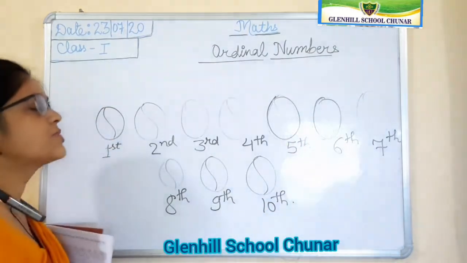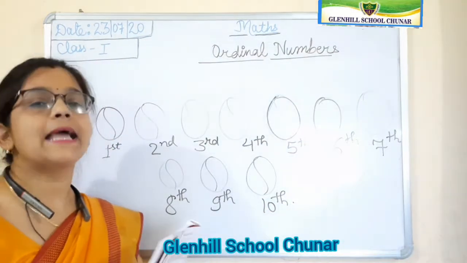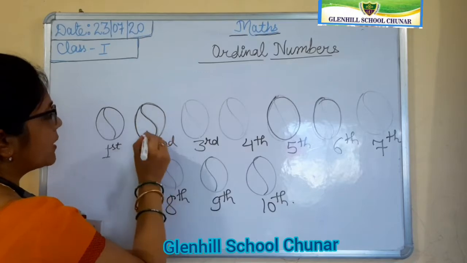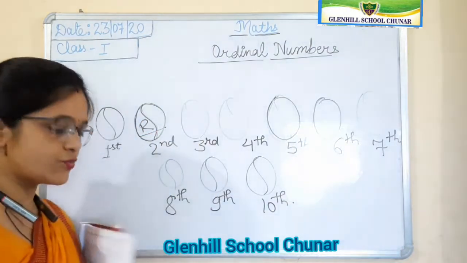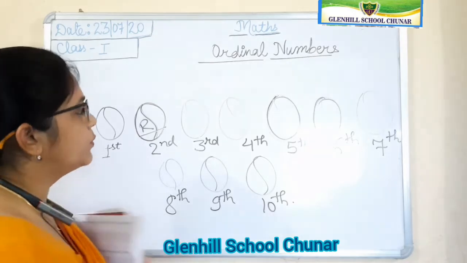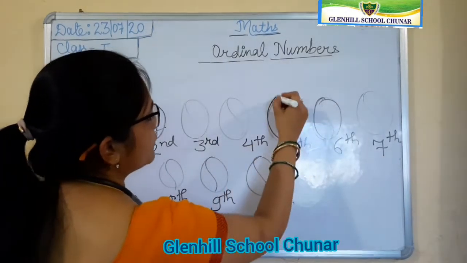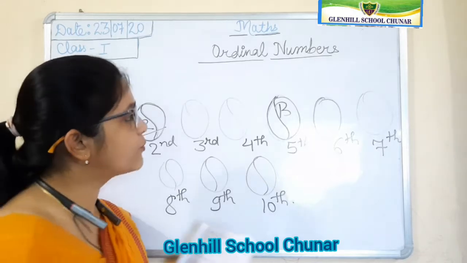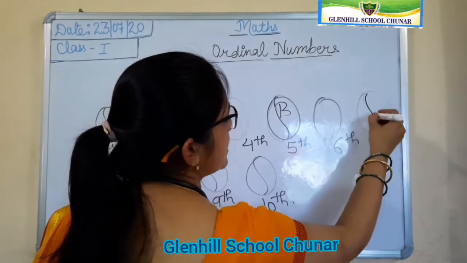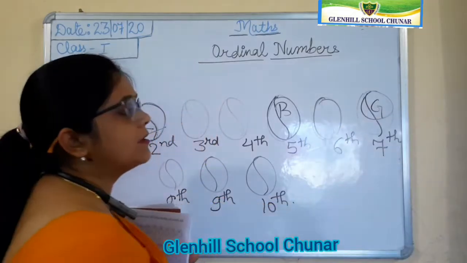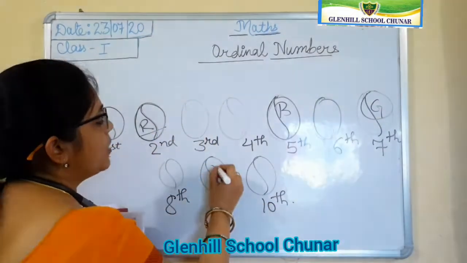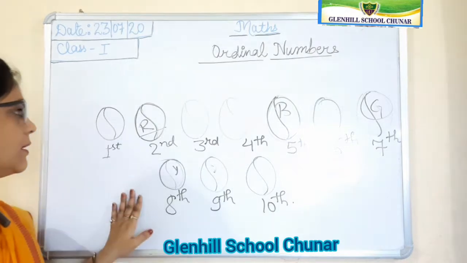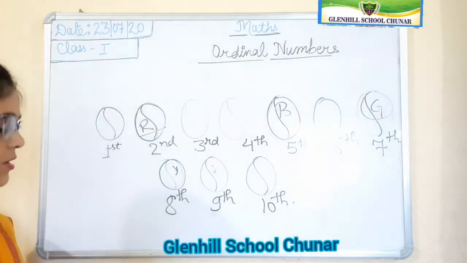So the question is that you have to color the second ball red. This ball, where is its position? It is in second position. So you have to color this ball red. Okay students, and then fifth ball blue: first, second, third, fourth, fifth. So the fifth ball is this one, you have to color it blue. And after that seventh ball green: sixth and seventh. Here is 7, so which color do you have to color here? Green. So like that, eighth ball yellow. Eighth ball is this one, so here you have to color yellow.